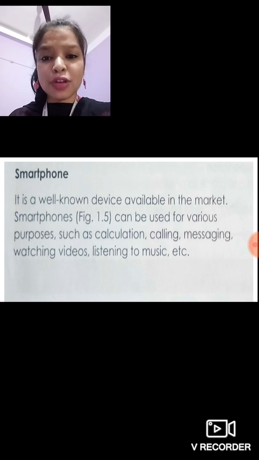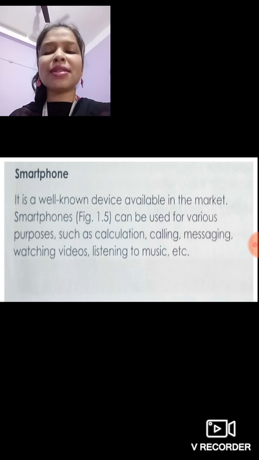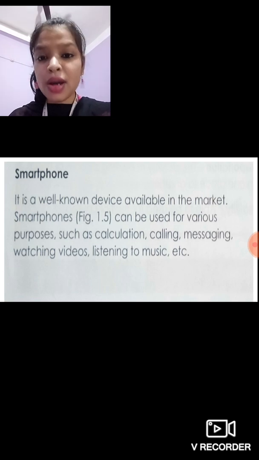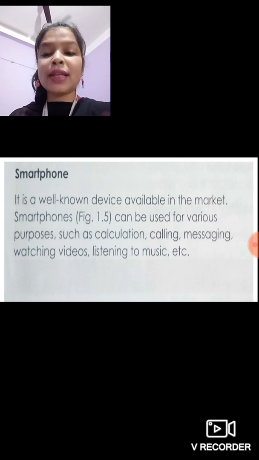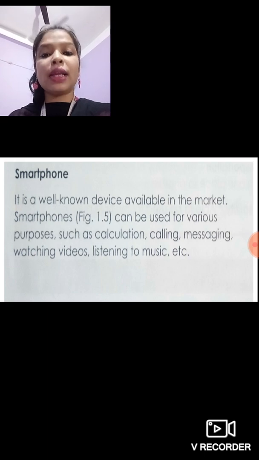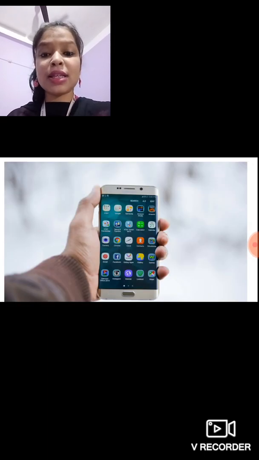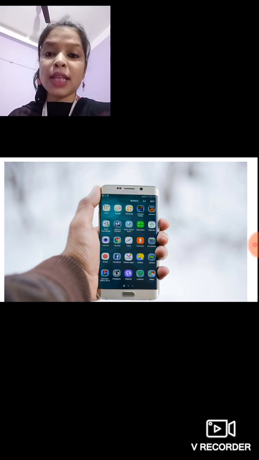These are the various kinds of things we can do on a mobile. It is also a portable machine because it is very small and very easy to carry around. It can easily fit in our pocket, and it is widely available in the market. So it is very useful, and it can be easily found in the market. So this is a smartphone. I know all of you have seen a smartphone. We can even play games there, as well as do different kinds of work.